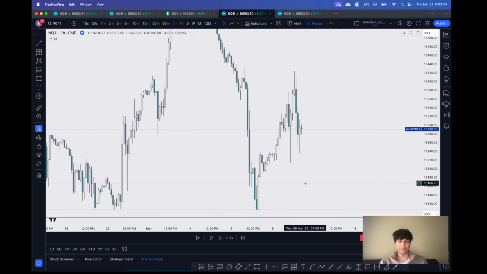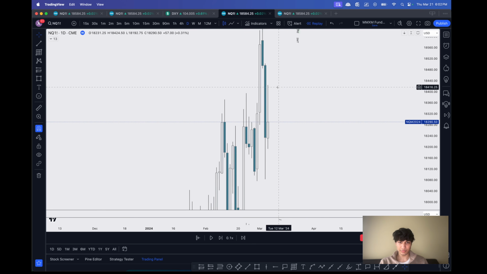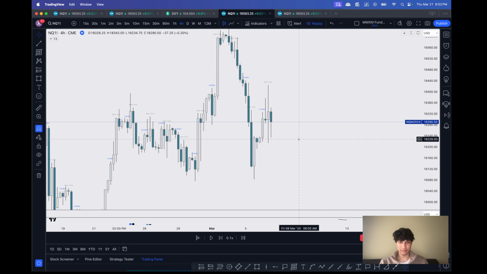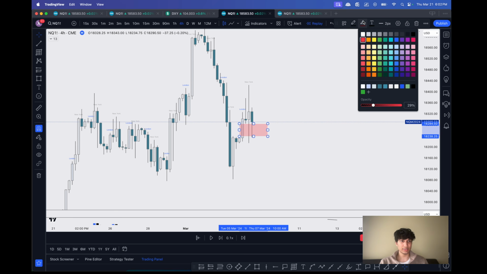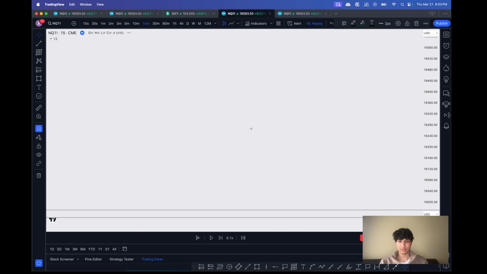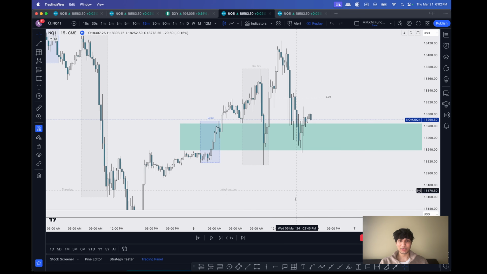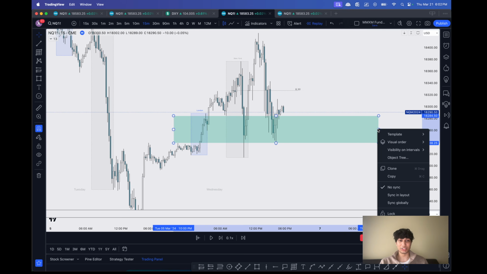Let's go to our higher time frame and see what the draw on liquidity would be. Maybe let's look at a daily chart. It's not incredibly clear there. Maybe on a 4-hour. There we go. So we can see that we have this 4-hour fair value gap right in here. I'll mark that out. And that actually is going to be the target, or what we refer back to for our manipulation during the